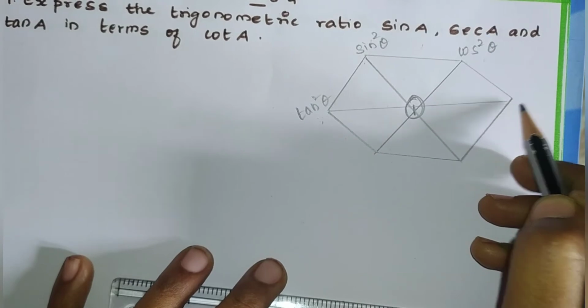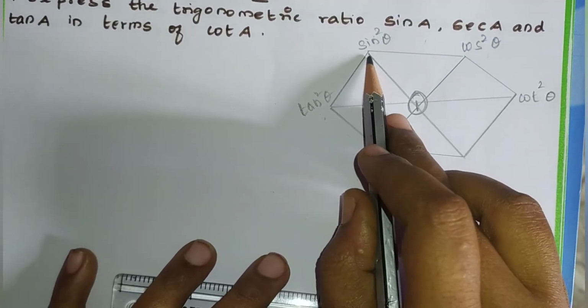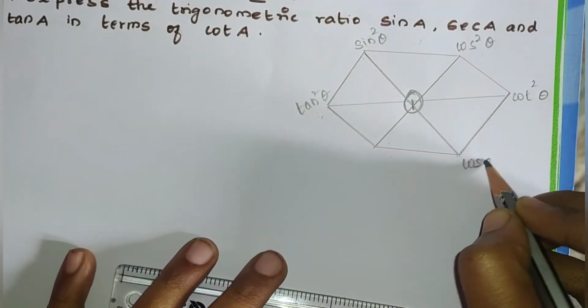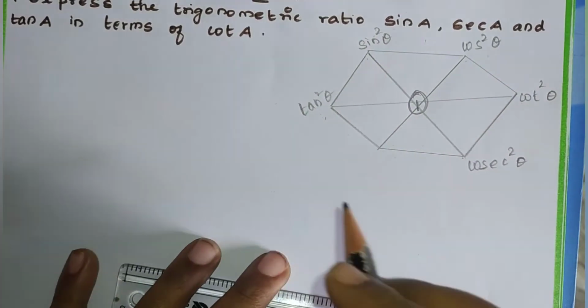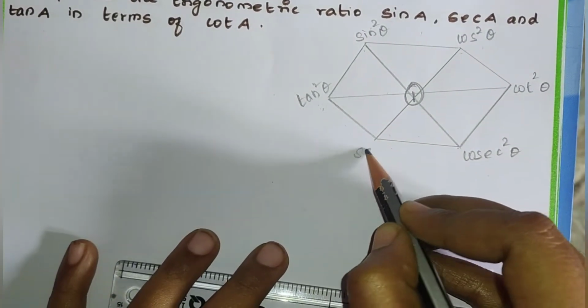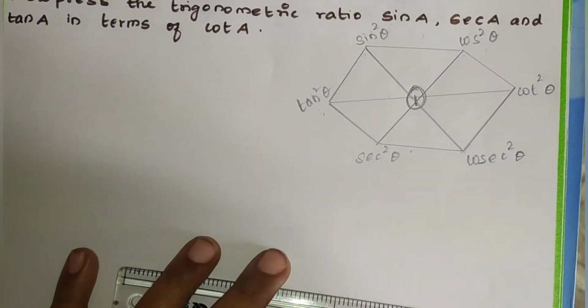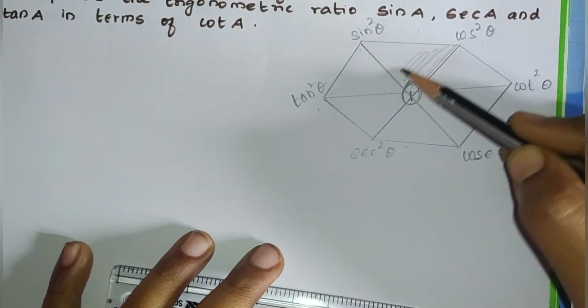What is the reciprocal of tan square theta? That is cot square theta. Then the reciprocal of sin is cosecant, and then the reciprocal of cos is secant square theta. So for the formula, first you have to shade this triangle